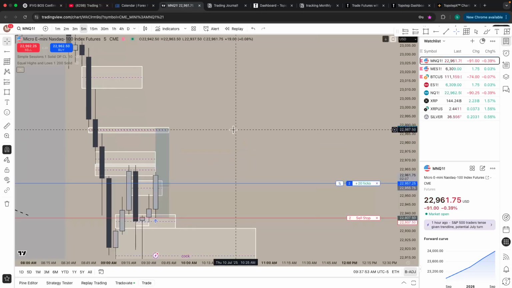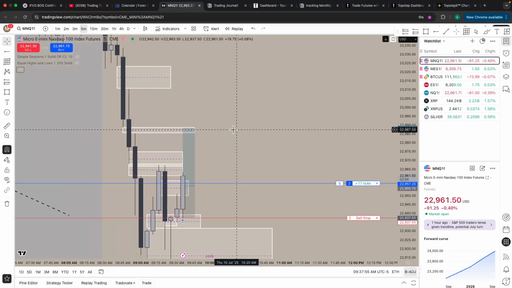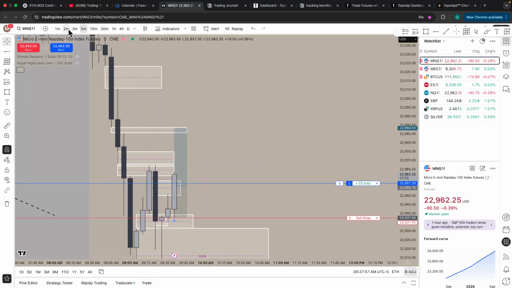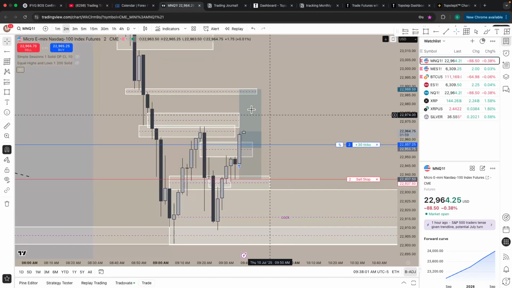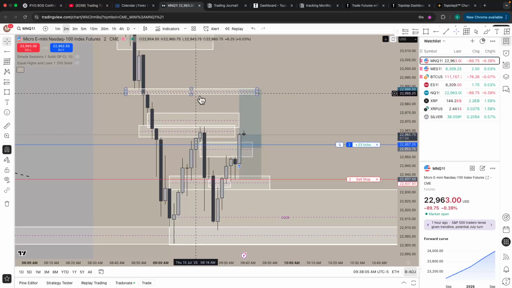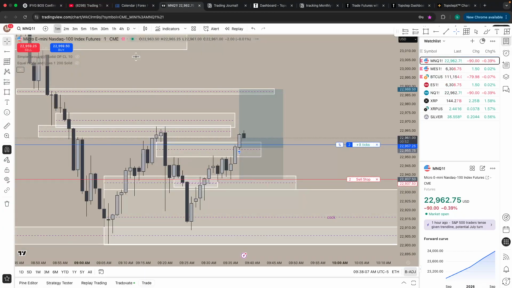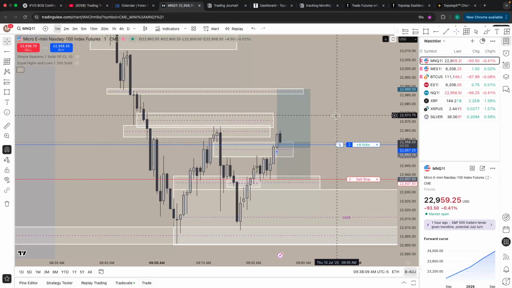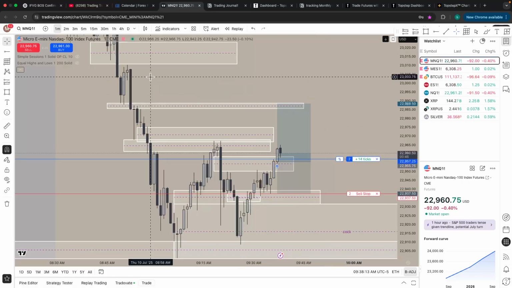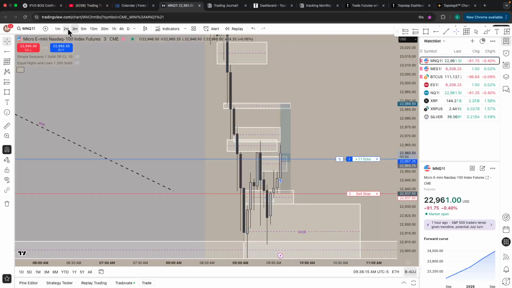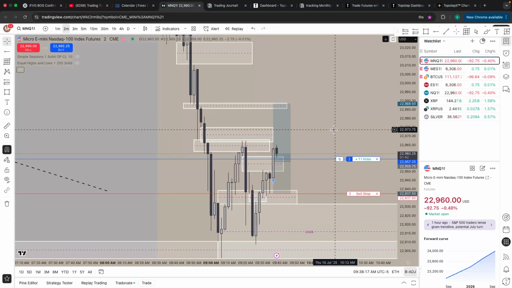That is so cooked. The entry was shit. But it gave me the break of structure, and we had that retrace. Even the 2 minute gave us the retrace. We're up 20 ticks right now. Let's see where this goes. This could be a loss on the day, though. Risk to reward wasn't great, and on this 2 minute, we'll see what we get. We inverse on the 2 minute.